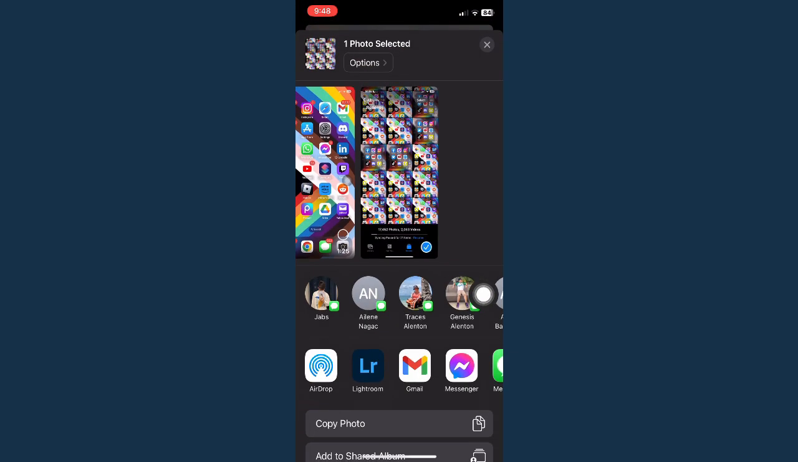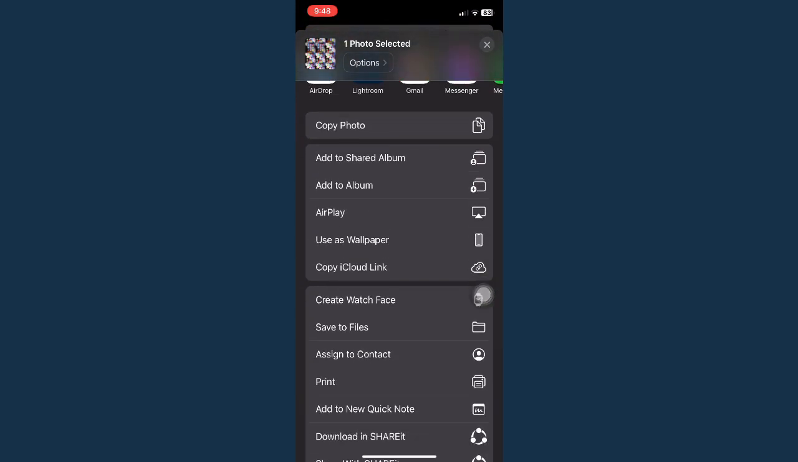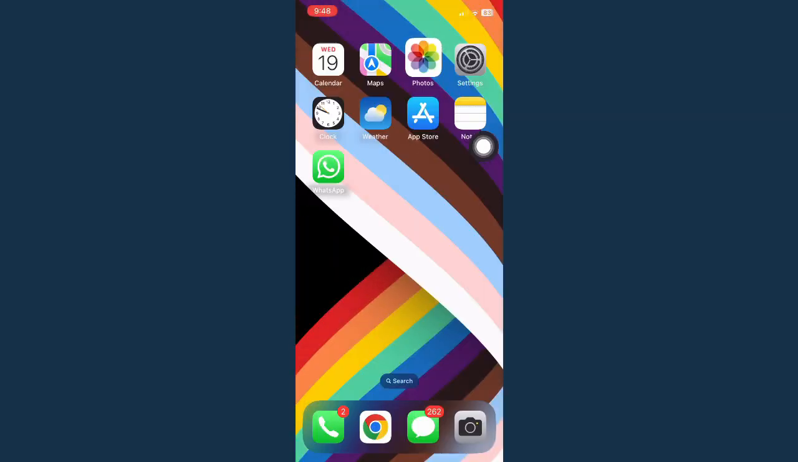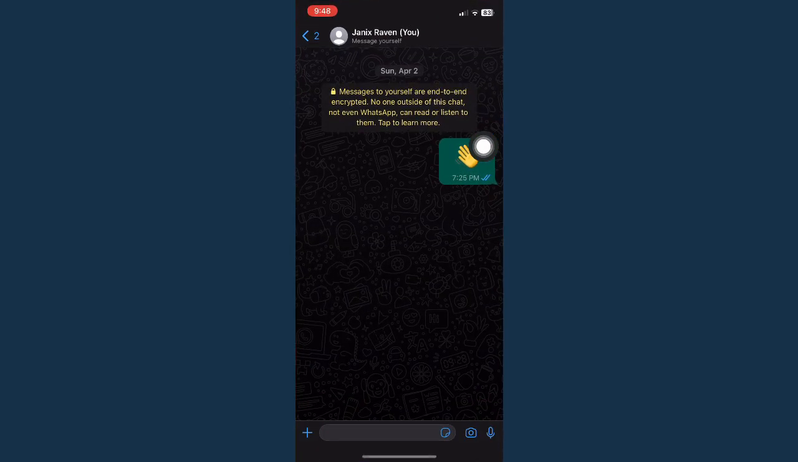Simply click on the share button right here found on the lower left corner of the screen. Scroll down and look for Save to Files right here. Once you have done that, you may click on Save found on the upper right corner of the screen and proceed to WhatsApp. Choose the person that you want to send the file or the photo with, and then simply